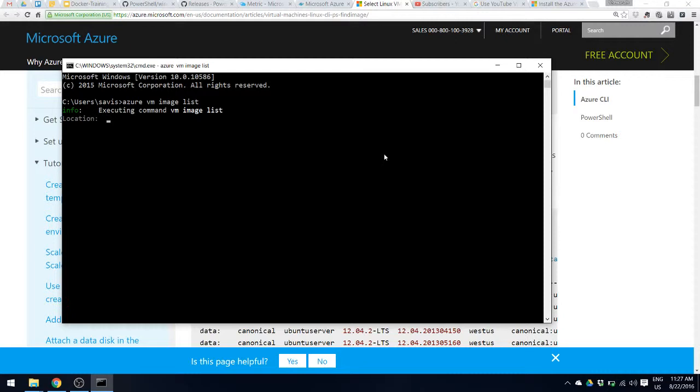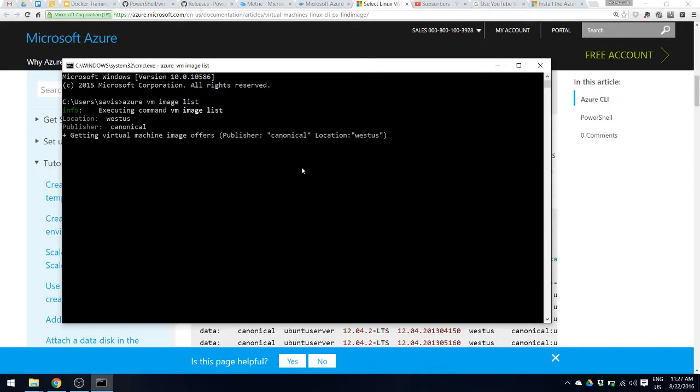So okay, some information over here. If you do not specify the region and everything, it's going to actually ask you that. So now it's asking me what region I need to list the images in. Now I already know that I'm interested in the West US region. I'm not going to go into detail as to how to understand the regions and stuff that is commonly available. I'm interested in Canonical, which is basically the publisher for Linux or Ubuntu.